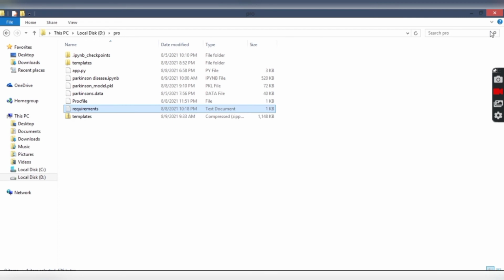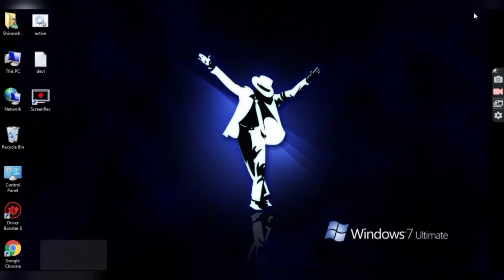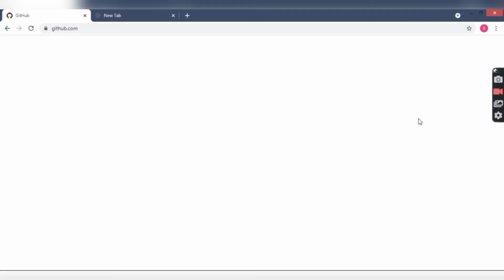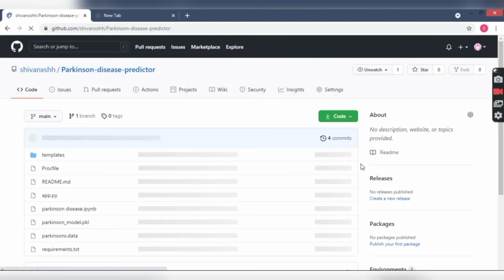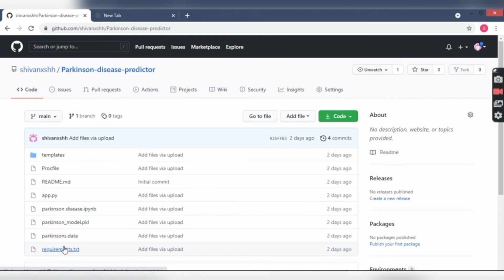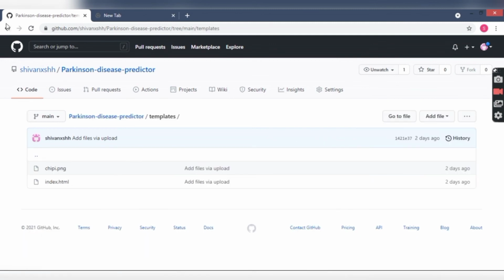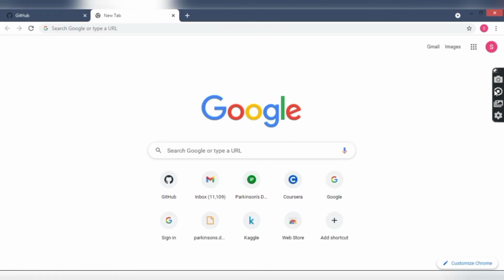So this is very important for the deployment purpose. Another important step is to put all our files on GitHub. Like you can see that we have uploaded all the files on GitHub. In templates we have our index.html, which is our HTML web page.